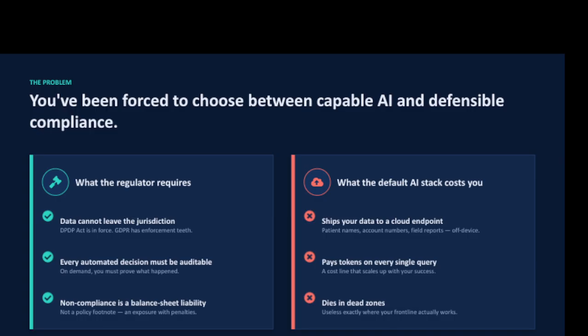If you see the right side, this is how our default AI system looks today. The user writes a prompt, the prompt gets serialized and is handed over to a cloud API. Thereafter, we don't have a clue where the data actually went, and we expect our auditor not to come up with the question. That is practically not feasible. Moreover, this comes with three costs. Primarily the token charge per query, which is quantifiable. Then the round trip latency for the cloud, which is measurable. And above all, if the network that we are relying on is not trusted, then the whole production deployment is at stake.